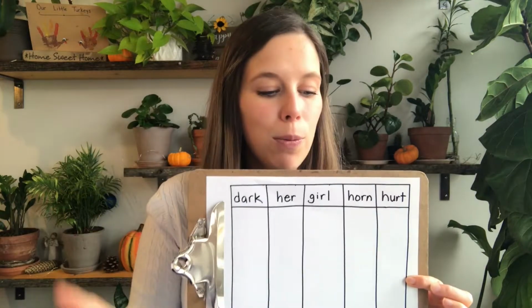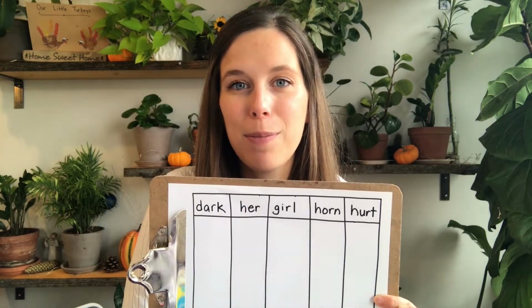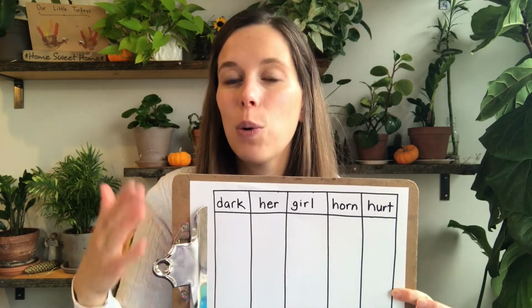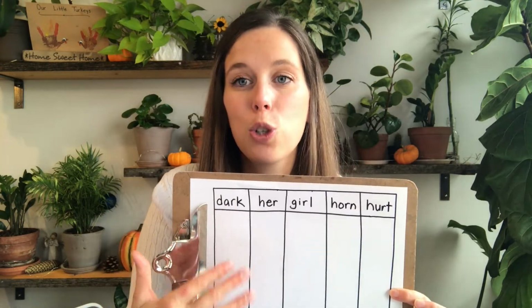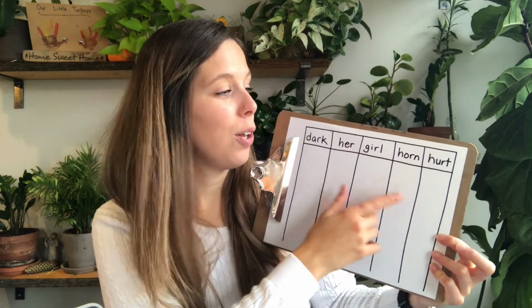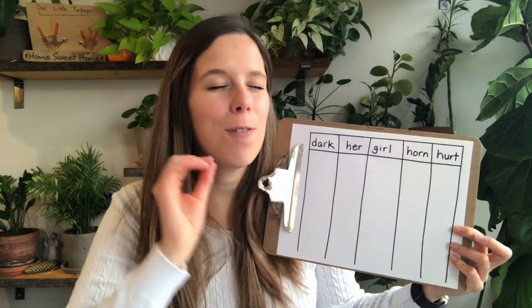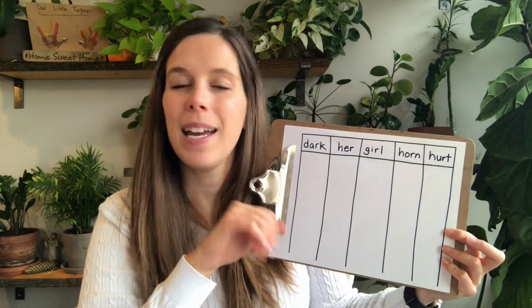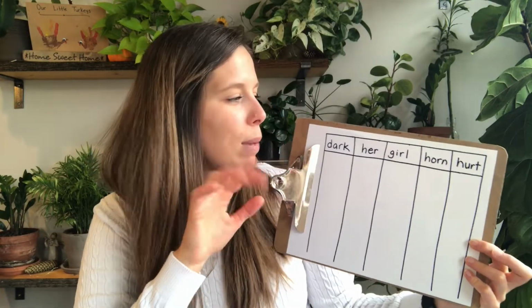So for example, I flipped to a random page in my phonics resource, and this is the chart that they had. So this lesson focuses on our controlled words. So we have dark, her, girl, horn, and hurt. Once the kids have written down this chart, the very first thing I do is I ask them, what do you notice about these words? And there's no wrong answer. They might say something like,